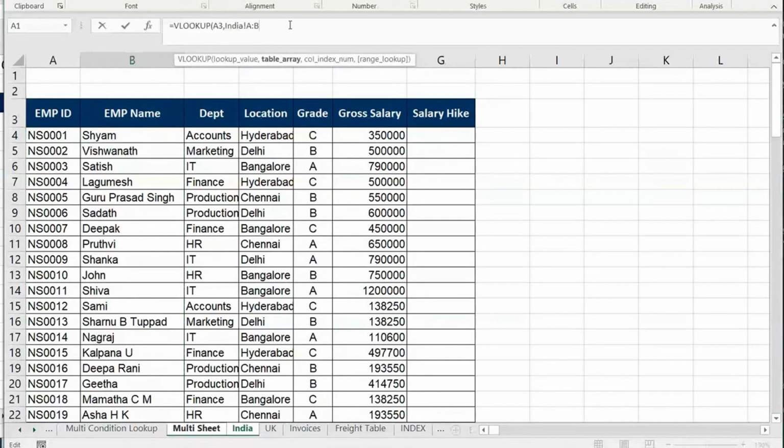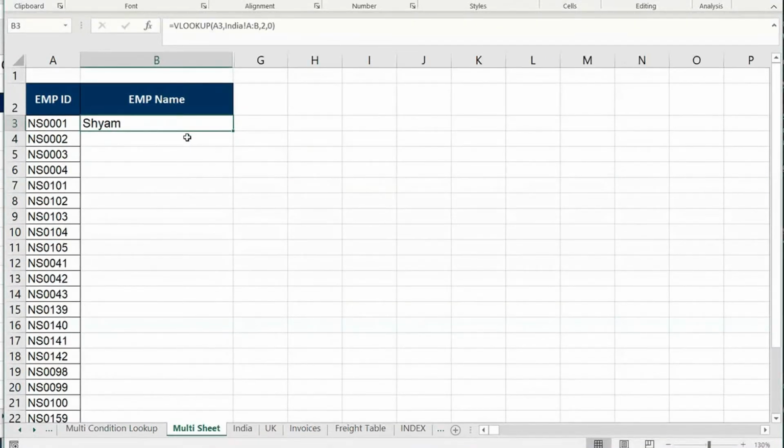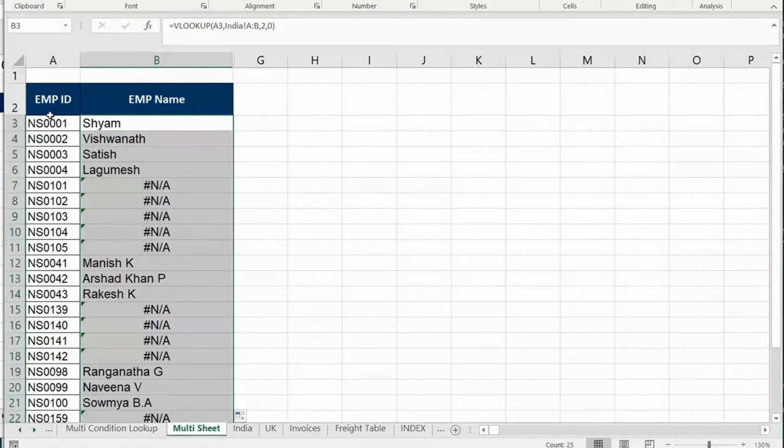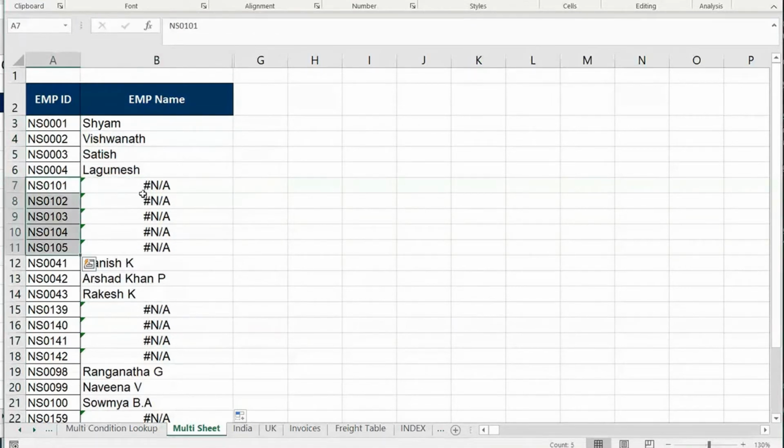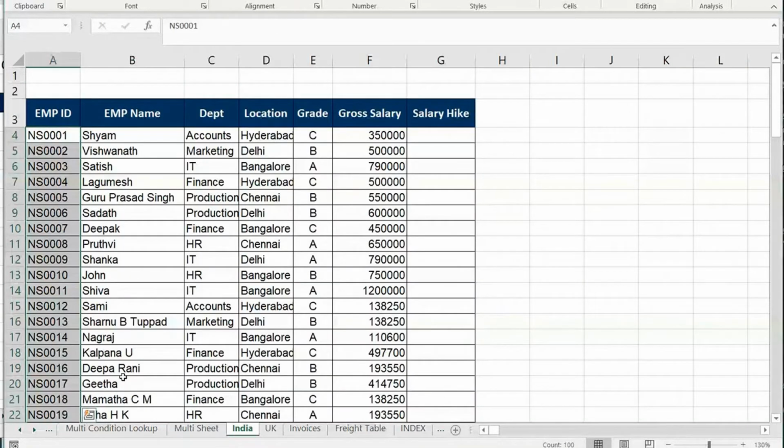A to B, comma. Employee name is in the second column, 2, comma, 0 for exact match. I close the bracket, enter. So I got Sham here, and I double click. I got all the employees of India, but 101 to 105 are not retrieved here because they are not part of India.